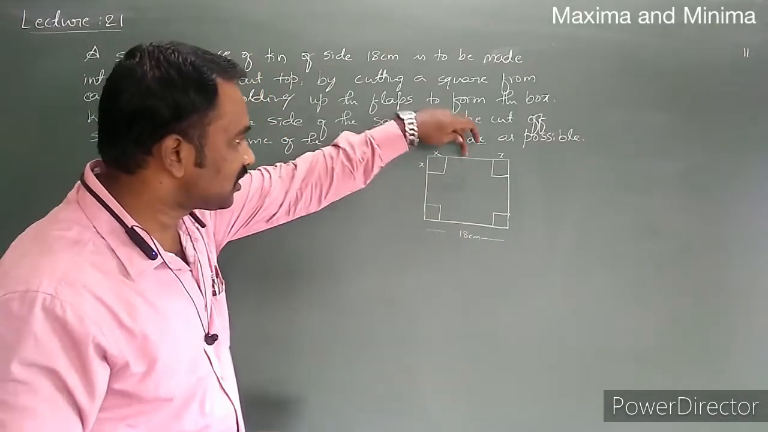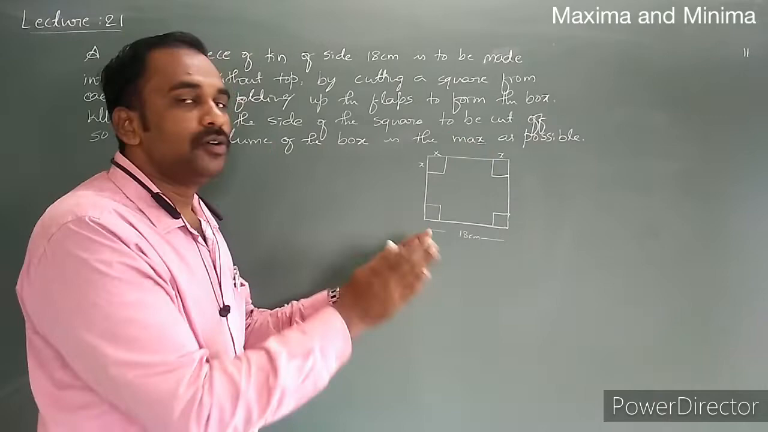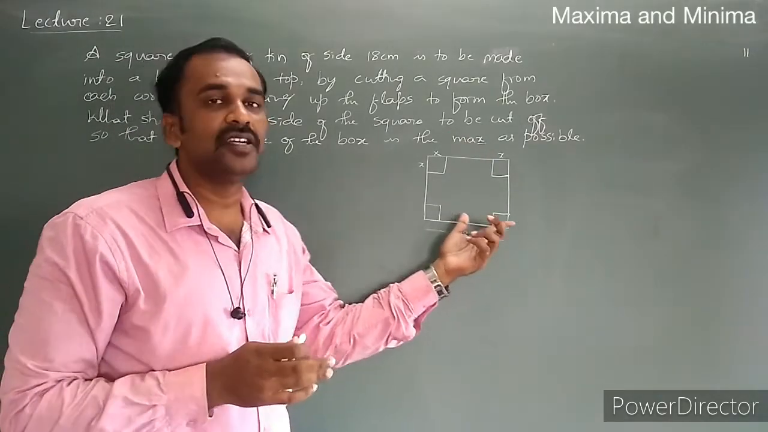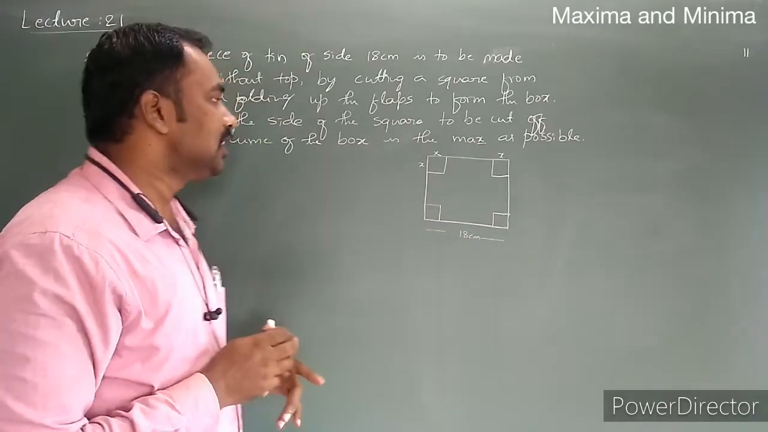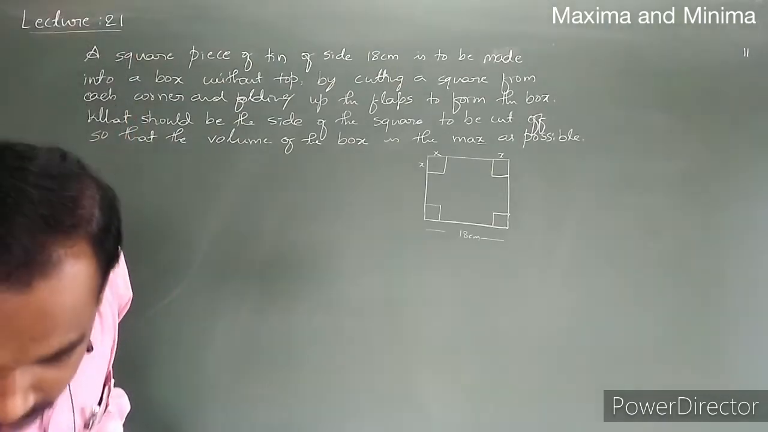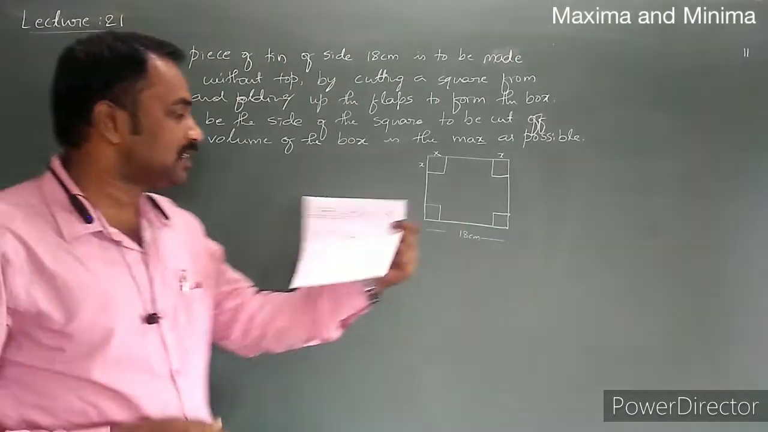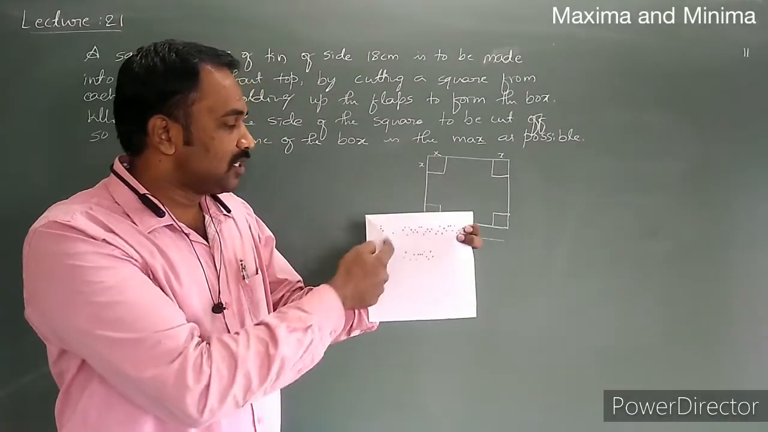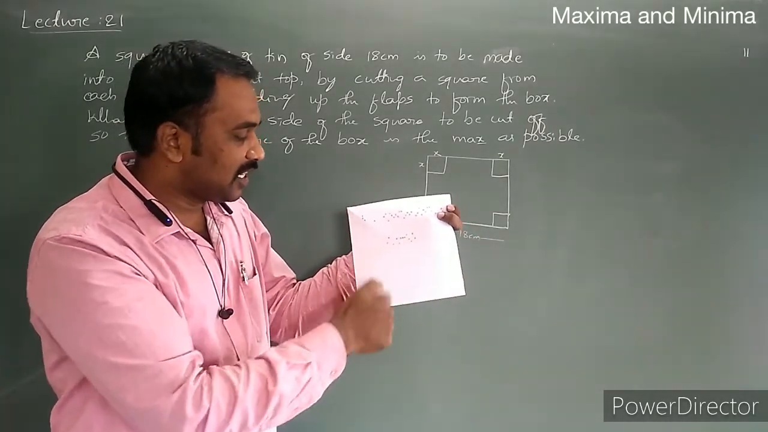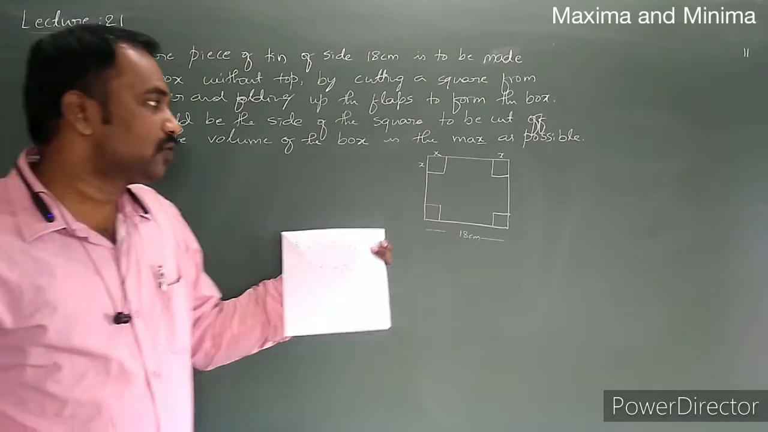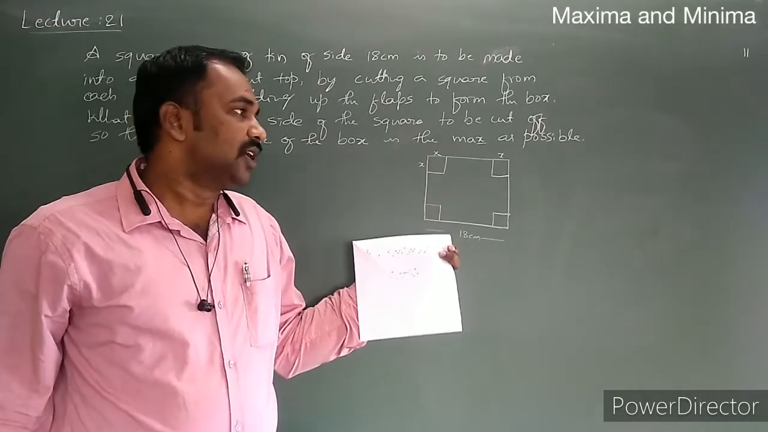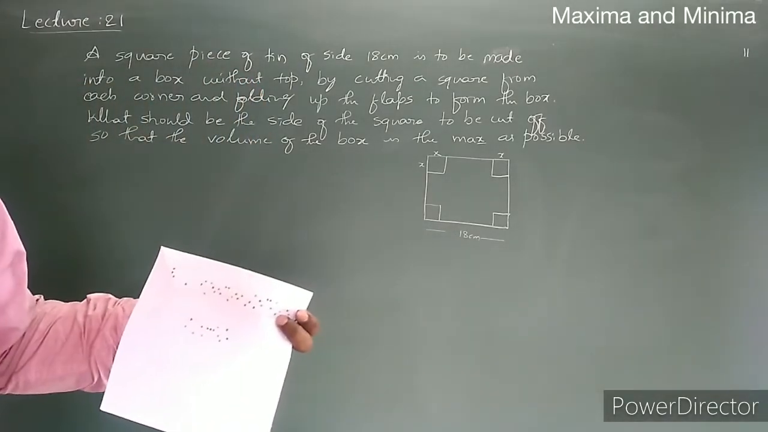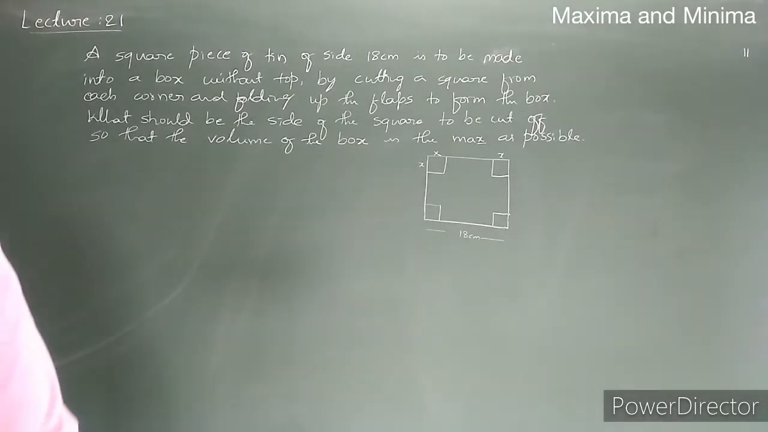The remaining flaps, these flaps are there. We have to fold them and make it a box without a top. For example, here a square piece is there. For this square piece, we have to cut square pieces from each corner, and we have to make it a box without a top. How we can make it means,